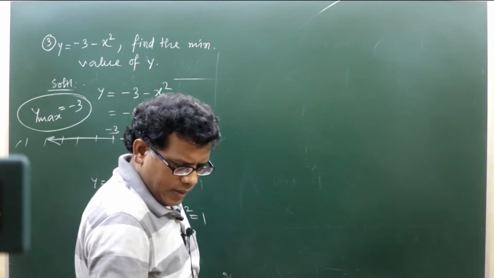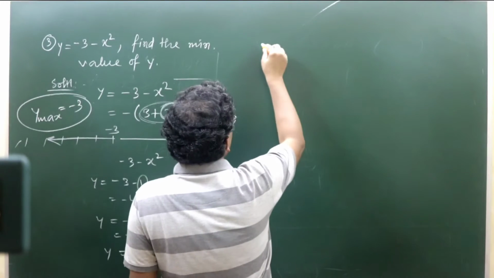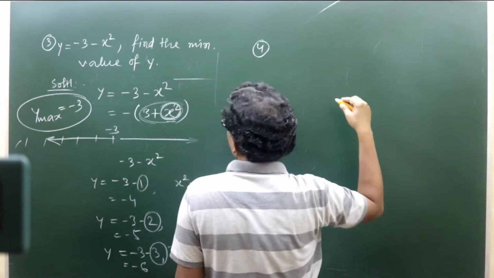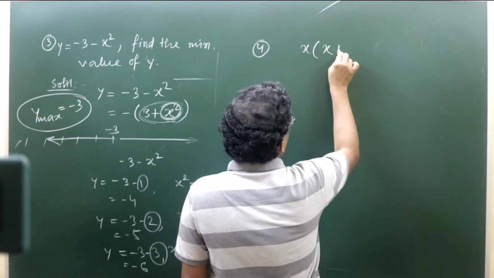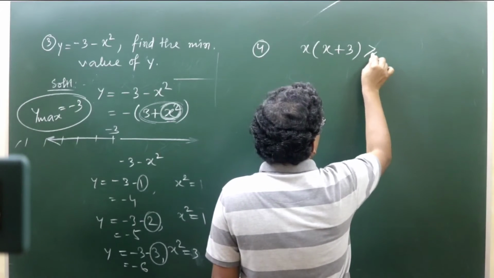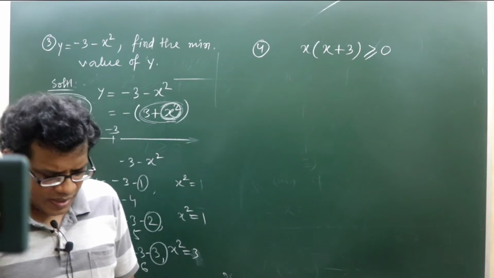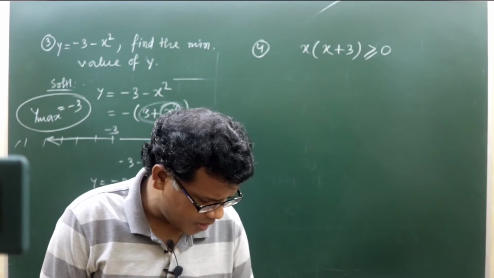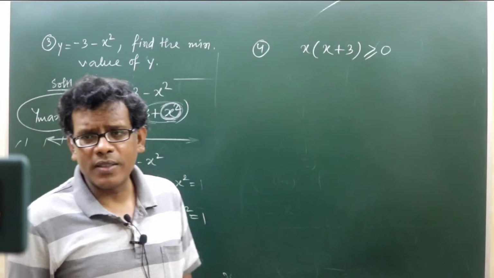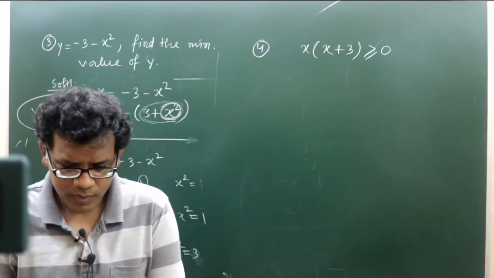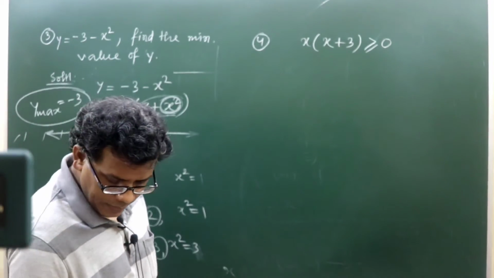Now if I make one expression a little bit different from what we have learned, let it be an expression like x into x plus 3 is greater than or equal to 0. Let me practice more on this, and after that I will go to further variation. Yes, x into x plus 3 greater than or equal to 0. What is your response? See, I am doing it.